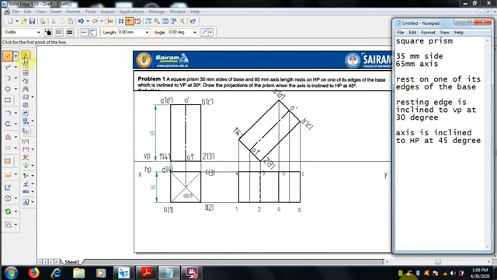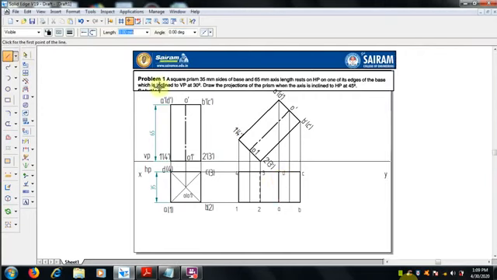Next, the resting edge, that is 2 3, is inclined to VP. So for that we will make an inclined line at VP. We have to draw the axis, and the top view of this axis also should be mentioned from here. Project this O1 dash where it meets with O dash, that is the center line. We have to mention the center line with 0.5 mm thickness.